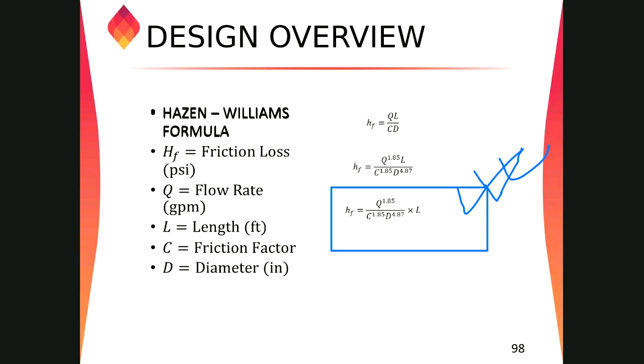So we just have to put in the value of the diameter, the length, the C factor, and how much flow we are going to pass through the system. We can find the friction loss in the piping. Now, what is the friction loss? How to calculate those? I think we discussed a lot in the fire protection design, right?